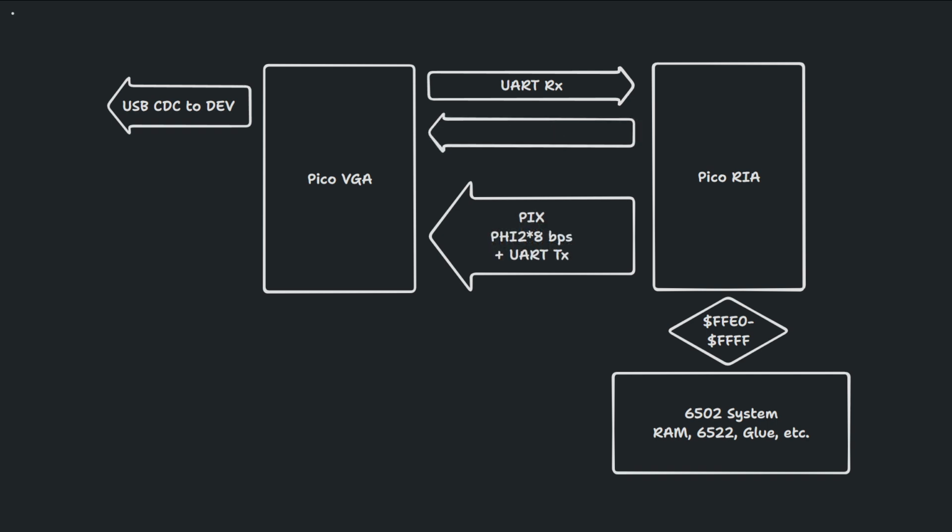So I moved the UART transmit data to the PixBus and reversed the direction of the UART transmit pin. Let's call this the back channel. We can send anything we want on the back channel, like VSync and version information, without adulterating the standard I/O path. This only happens if the RIA detects a VGA device on the PixBus. Remember, the VGA is optional, so hardware experimenters can make their own video system or go headless.